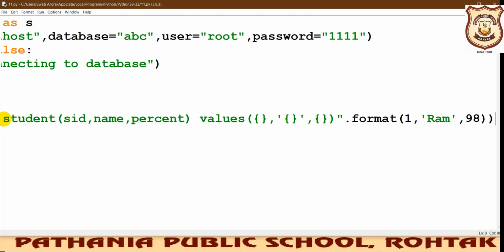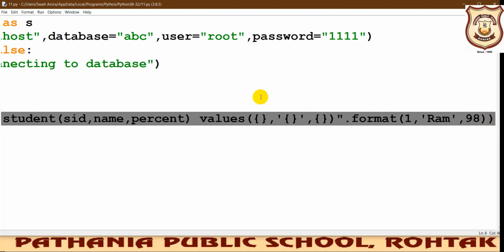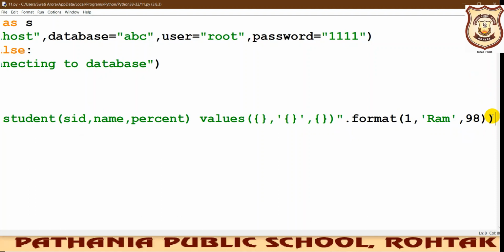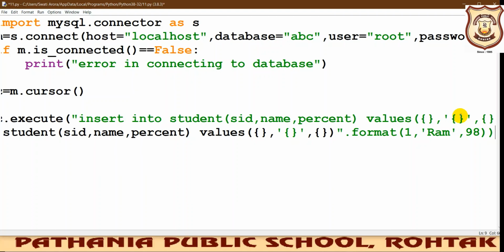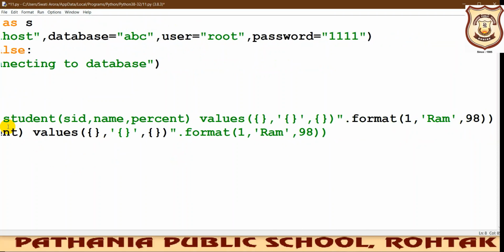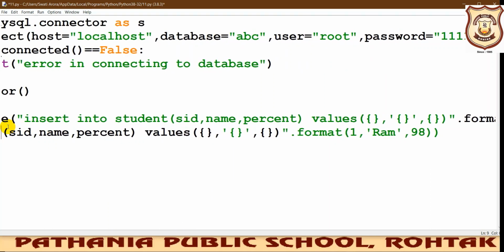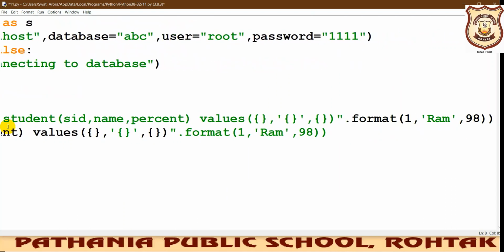Similarly, we can add many more commands. So let me copy this particular line. Okay, copy, and then I'll paste it 3-4 times so that I may duplicate the same. Let me see if it has been pasted properly or not. It has not been pasted properly.